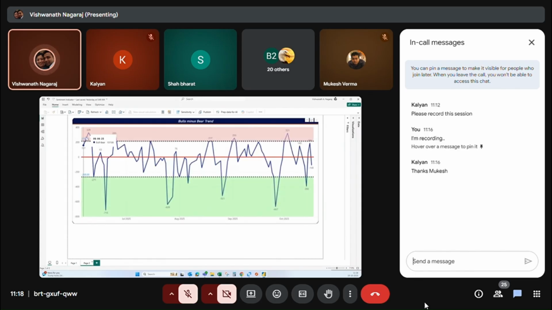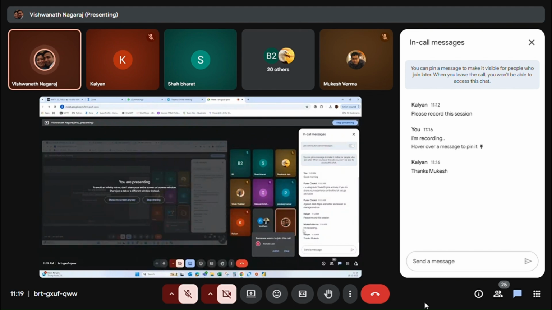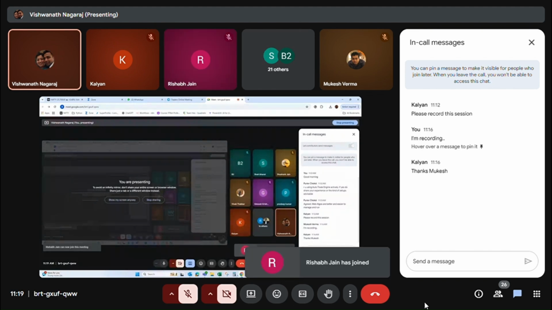See, let me give you a background first, right? There is a method of how I collect how many bulls are there for the day and how many bears are there for the day. And if I do bull minus bear, I will get a positive and a negative number, right? So when I see bulls going above 215 compared to bears, there is an overbought condition as per this data, right? And when it goes below 268, when bears are extremely dominating, it is like a signal for me to